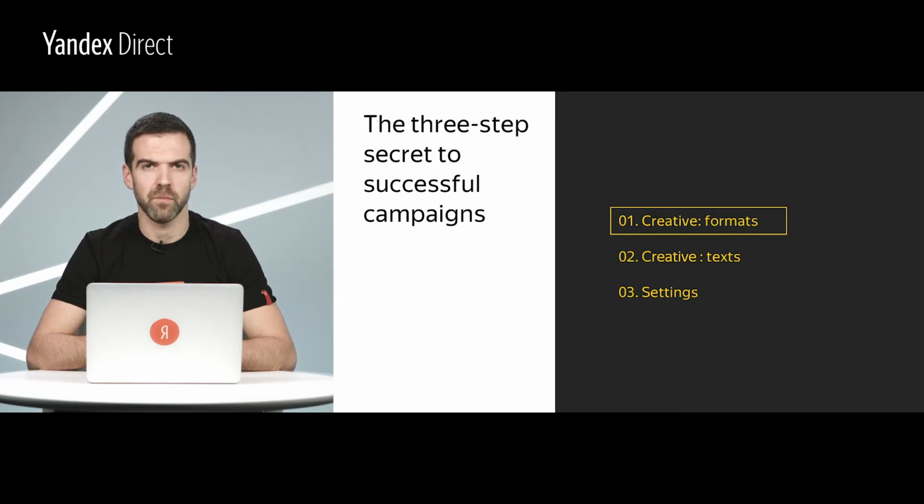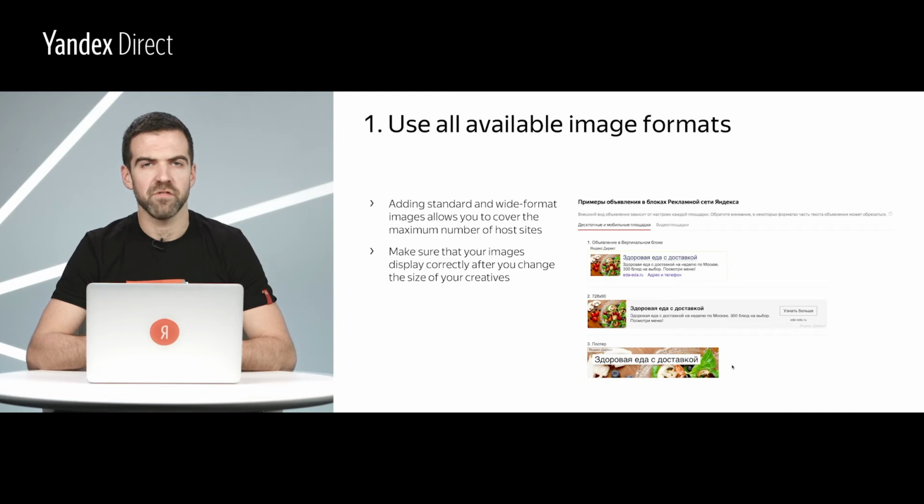First, let's look at the formats. To take advantage of all of the Yandex Advertising Network's potential and reach all users in your target audience, it's vital that you use all available ad formats. These currently include image ads, video ads, smart banners, and text and image ads with possible video extensions. Each site in the Yandex Advertising Network features different size ad slots. Logically, if you want your ads to appear on all possible sites, you should make sure that you are using all the available ad formats.